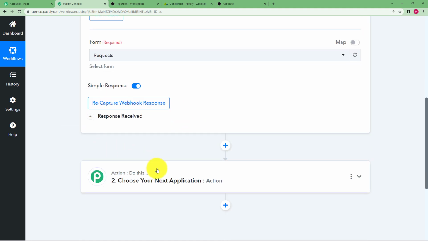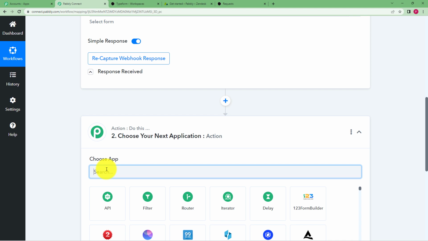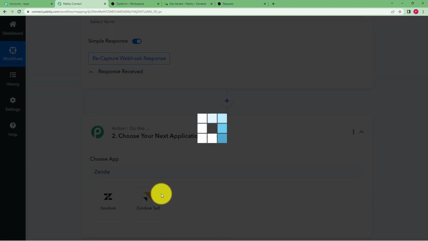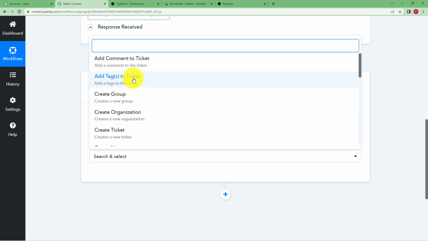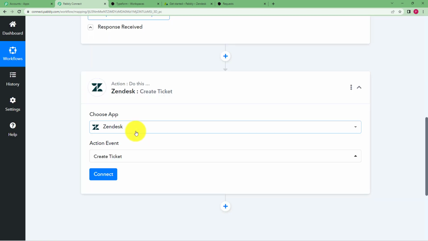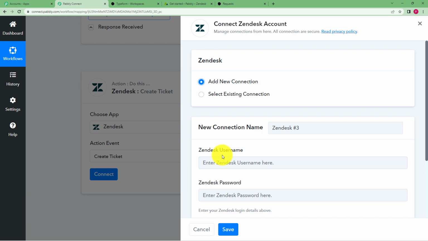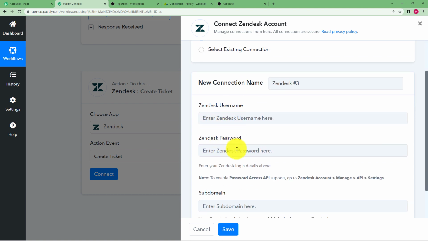Okay, now we will move forward to our Zendesk. So our action application will be Zendesk and the action event is going to be create a ticket. Now ticket is usually associated with some query. When a ticket is raised, which means that people whosoever are associated with that issue will look after it as soon as possible. So click on connect, add new connection, and then you have to enter the username and your